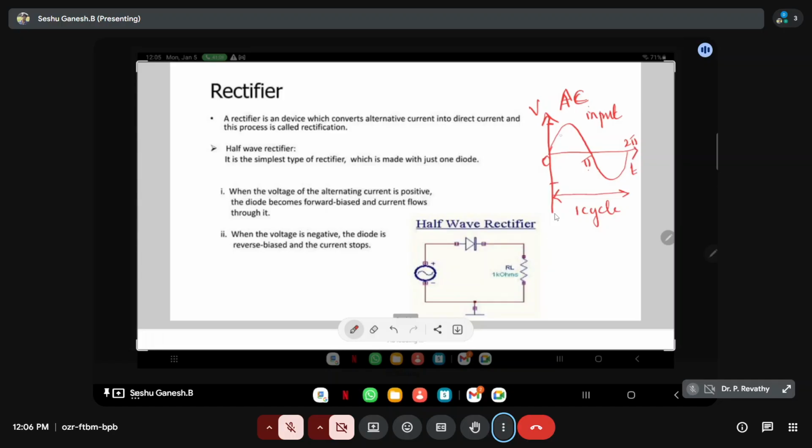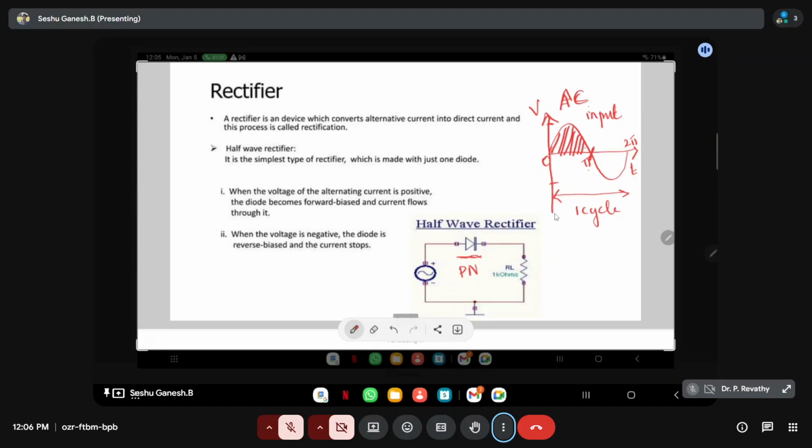So this is going to be the input which is applied to the half wave rectifier. This half wave rectifier is made up of a PN junction diode. It works in the positive half direction. That is, when this positive half input is applied up to this, the positive half of input is applied here,